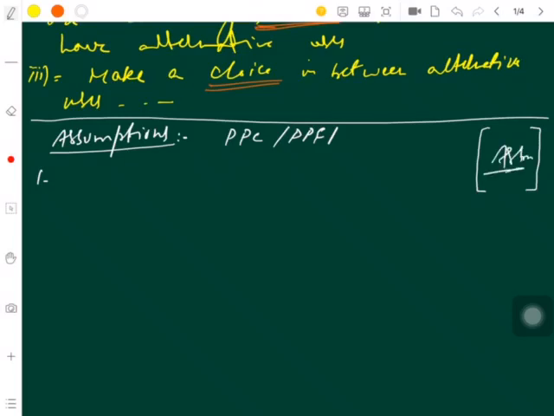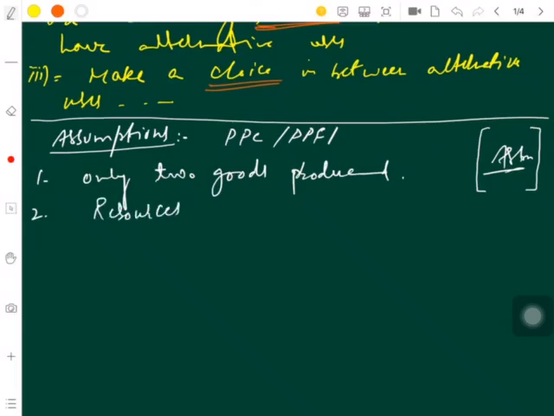Okay. Number first is only two goods are produced. So we won't talk about any third good, or we won't talk about only one good. We will talk about two goods. Only two goods are produced. Number second assumption, resources are given. You see that I am taking things from the above definition